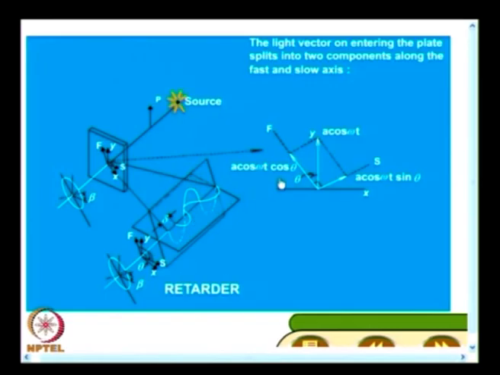So, if I understand these two in matrix notation, it is possible for me to give a mathematical representation of how a retarder can be represented. So, the moment I do this, if I have several optical elements, I just put those matrices in the order in which they are arranged, multiply them,